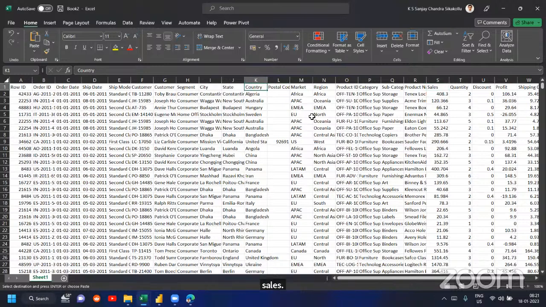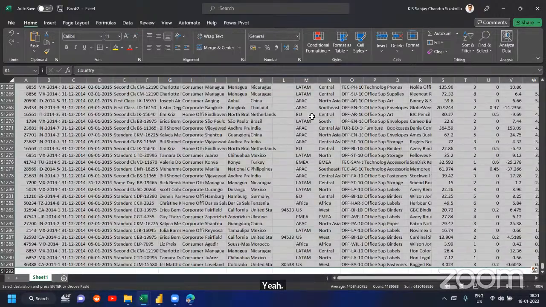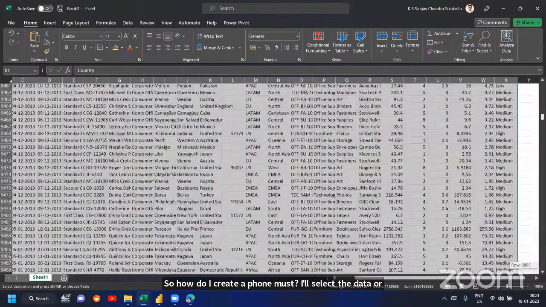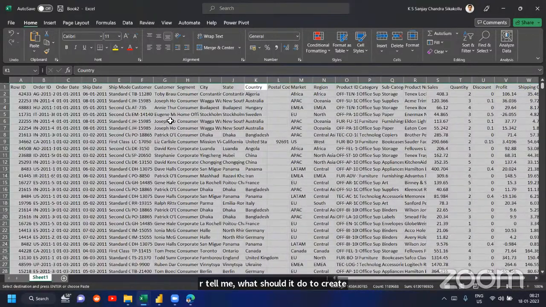Pivot. Okay, some of them are not familiar, so I'll ask you to walk me through it. How do I create a pivot? First, I'll select the data. Now tell me, what should I do to create a pivot? Hello?